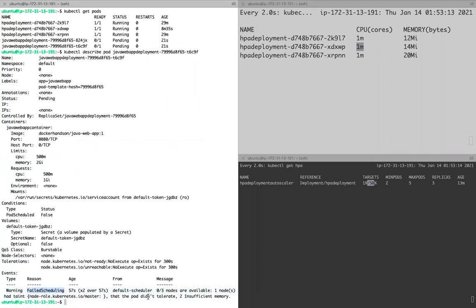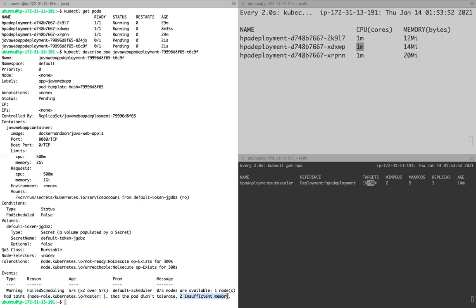Failed to schedule: 0 of 3 nodes are available. One node has a taint. Because that is a master node, it will not consider that node since it has a taint and our pod is not tolerating it. And the other two nodes have insufficient memory.